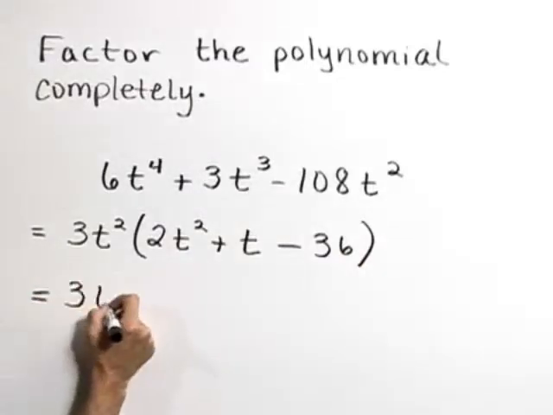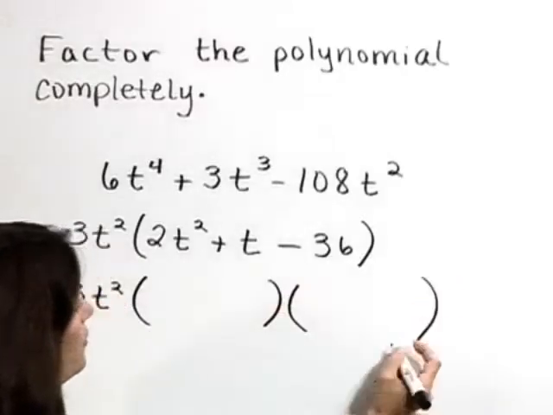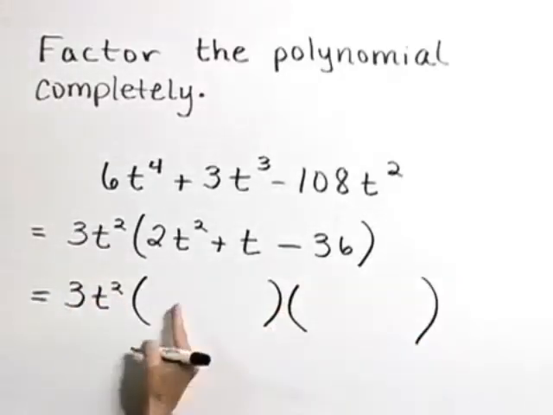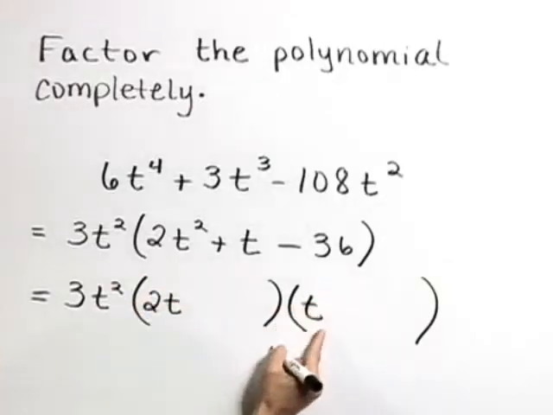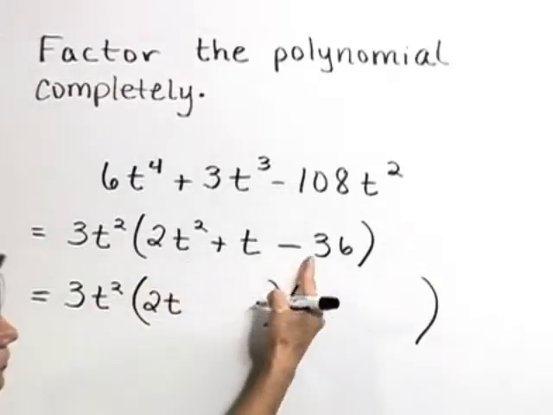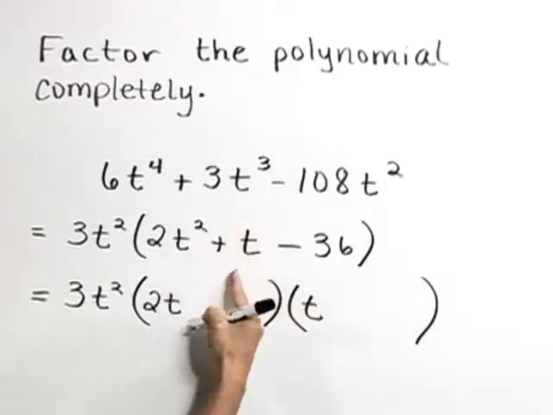I'm going to try to factor that using trial and error. If it factors, it will factor as the product of two binomials. Now we know that our leading terms must be 2t times t to give 2t squared. Now it's a matter of fitting in the factors of negative 36 that will give an inner and outer product